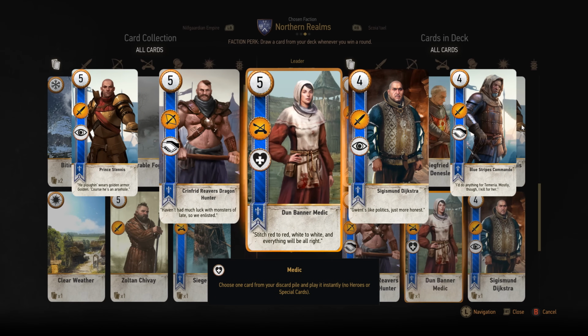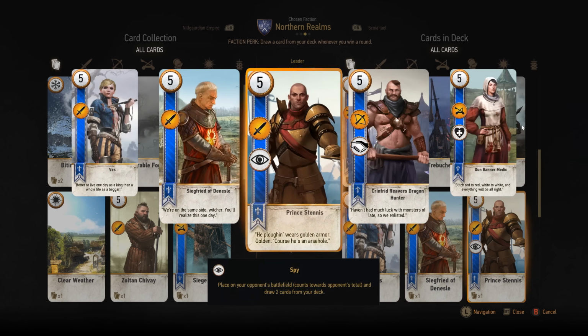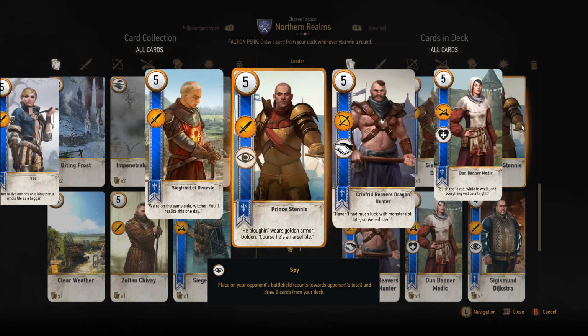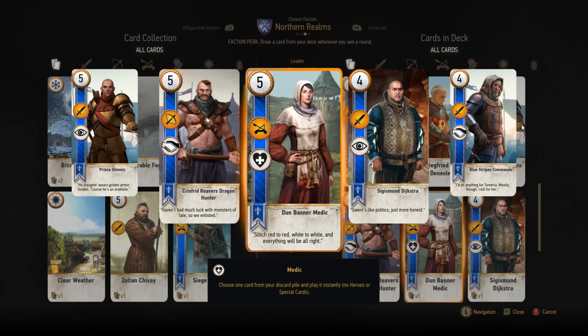If you were to have the Medic in your hand and you were to play it the following round, you would be able to put her down and then go into your discard pile and sort through it and find your Trebuchet, grab it, and put it on the board, and it will instantly play it for you. So instead of just playing a 5-point card, you wound up playing a 5-point card and a 6-point card all at the same time. So this card is incredibly valuable,